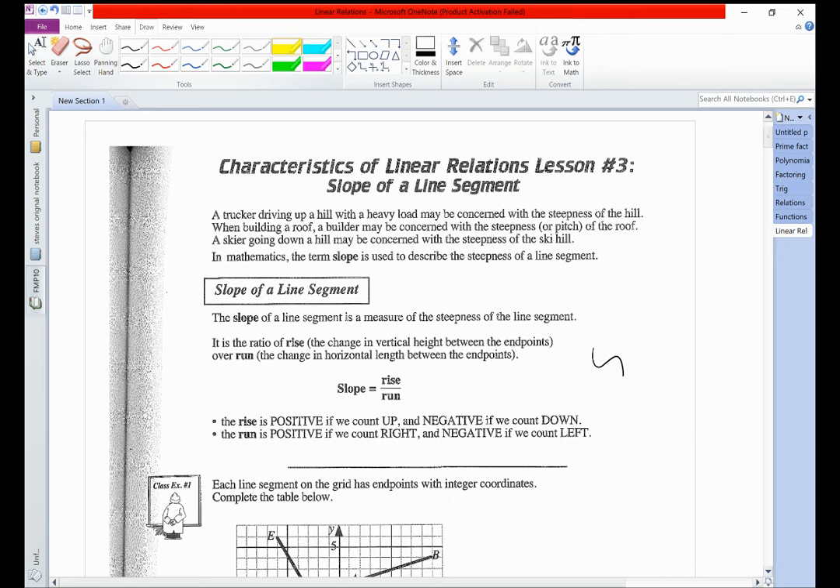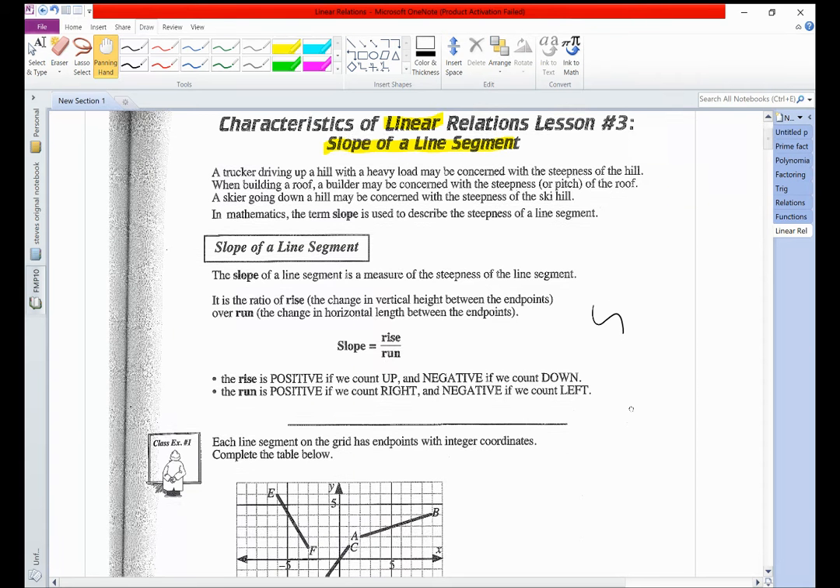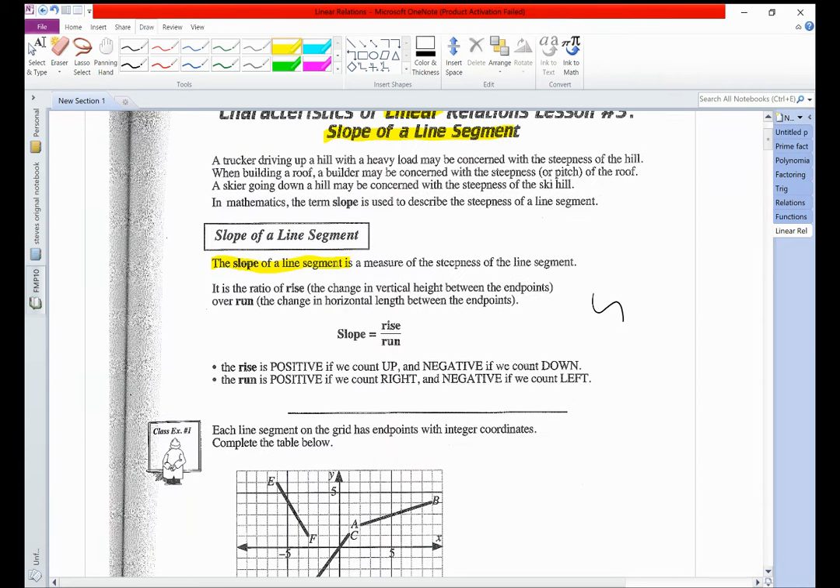and now we are starting to look at linear relations, which form straight lines. And so now we need to start looking at characteristics of those lines. So today we're going to be looking at the slope of a line segment. The slope of a line segment is the measure of the steepness of a line. So however steep a line is going to be the slope. There is a mathematical way to calculate that, and we are going to use slope is equal to rise over